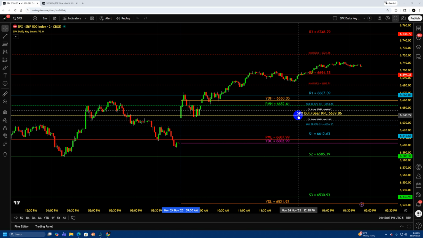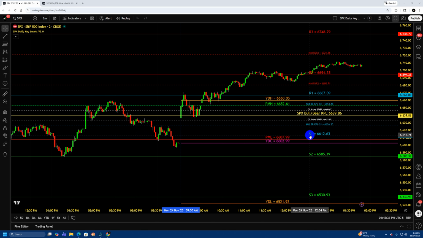And then our two other option strikes we could consider on a bearish play from the bull bear KPL would first be this midpoint below, mid BBKPLS1 66.2625, so that would be the 66.25 put. Then our furthest out of the money one that we could consider would be the strike closest to the S1 level of